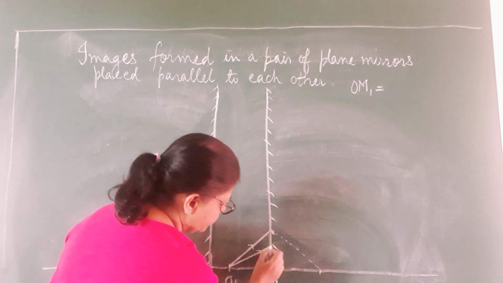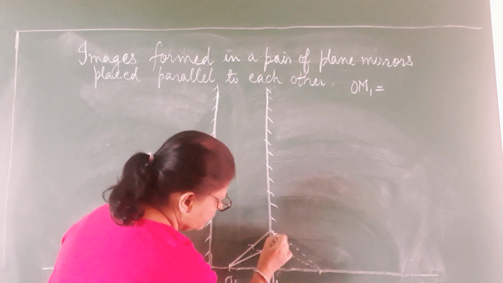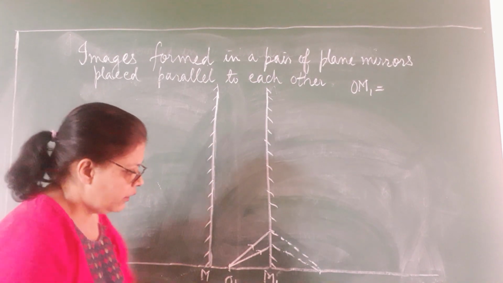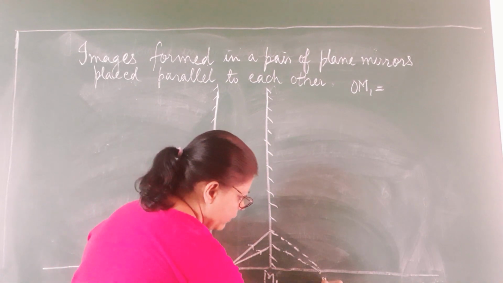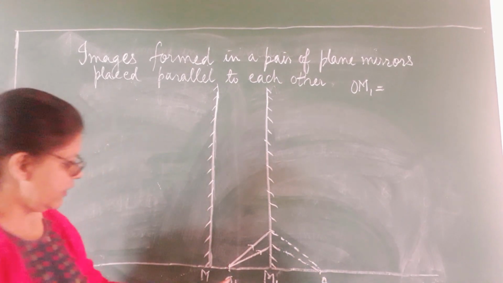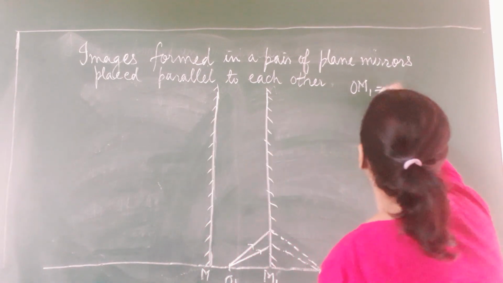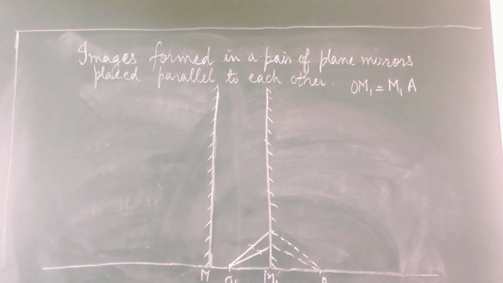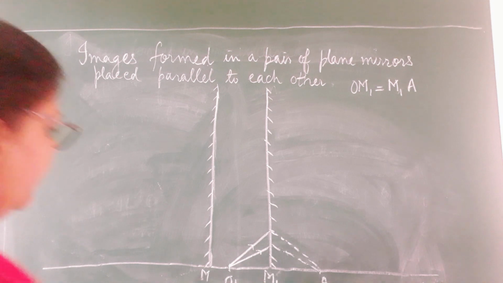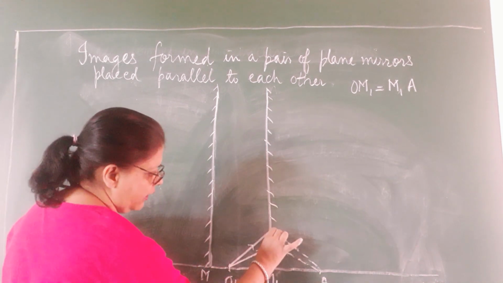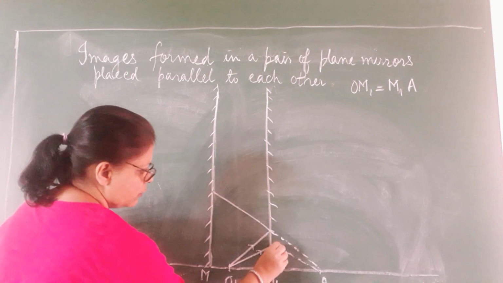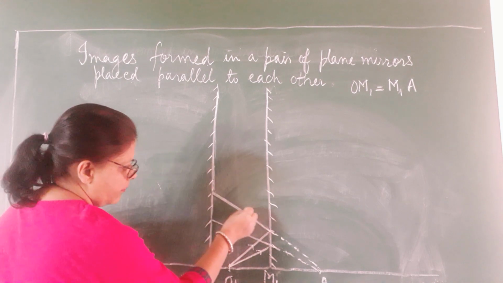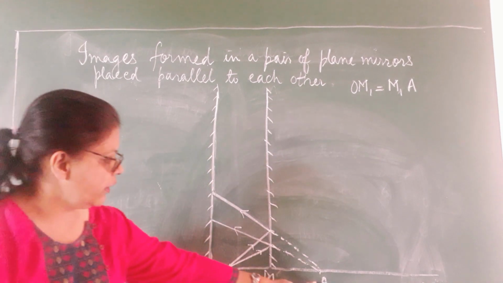These two rays like this. Like this. Did you see? I have taken the two rays to meet here. And this distance, now let us name it as A. Okay. So what will I do? OM1 should be equal to M1A. Okay. So this you will draw children. And then you will take a scale and pull back these rays straight. Straight pull backs on the mirror like this. Right? So this is your image 1 actually.